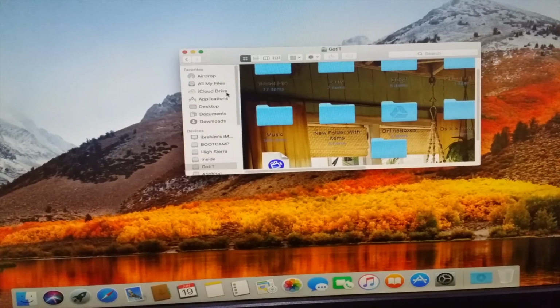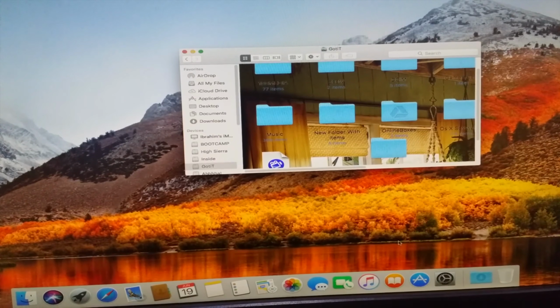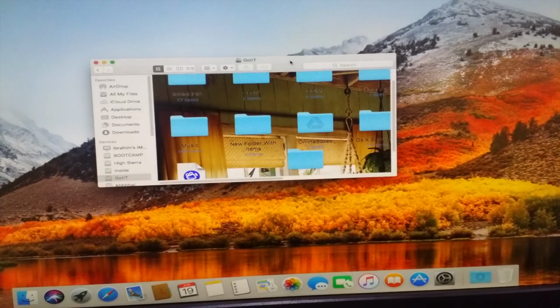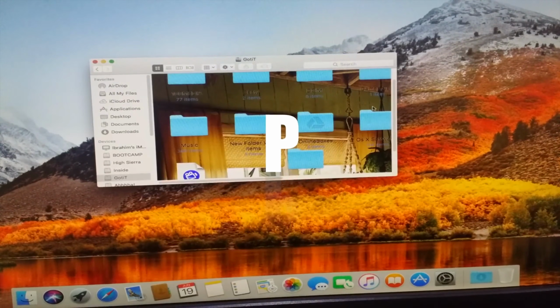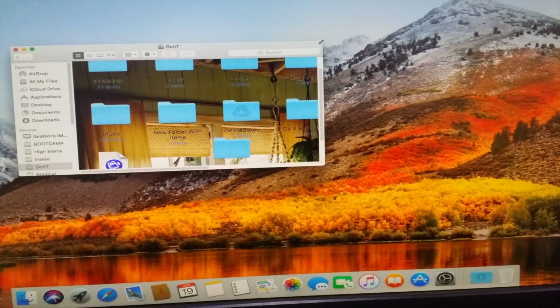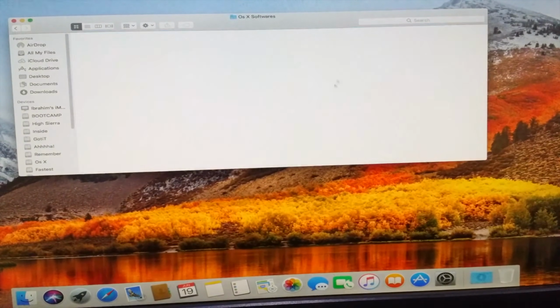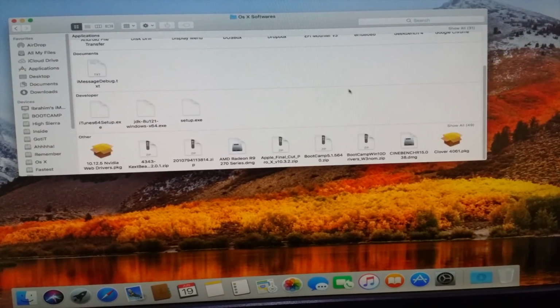And what you have to do now, after making the APFS file system, is repeat all of those steps of installing High Sierra in the first place. Now what the difference is, you're using a High Sierra to install a High Sierra on the APFS file system. So now I'm in a High Sierra. What I will do is I will go and mount my High Sierra